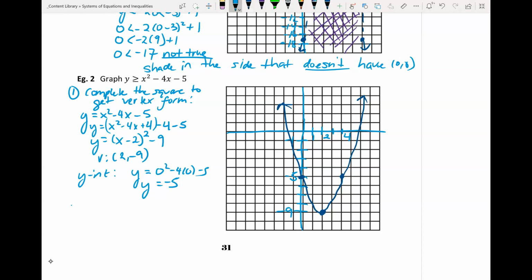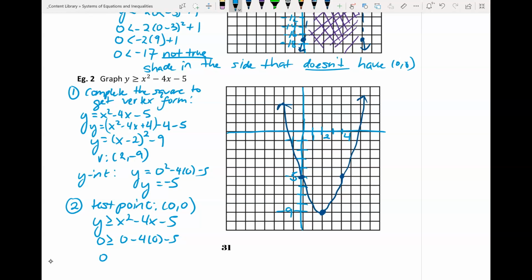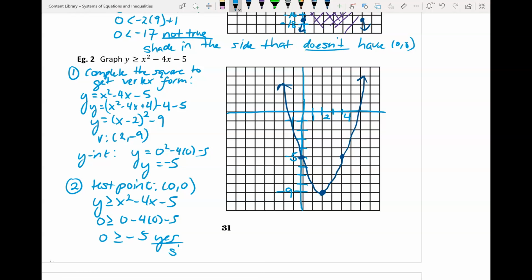Now the second thing I'm going to do is find the test point. And we can pick (0, 0) again, because that's not on the line. We're going to plug it into the inequality to see if it's true with the test point of (0, 0). Is 0 greater than or equal to -5? Yes. So that means we're going to shade in